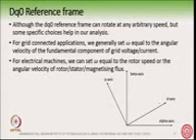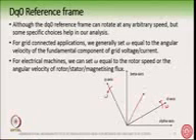For grid connected applications, the speed omega of the d axis or the q axis, since d and q both are rotating at omega speed, we generally set omega equal to the angular velocity of the fundamental component of grid voltage and current. So for example, this is the grid current, or this is the grid voltage.